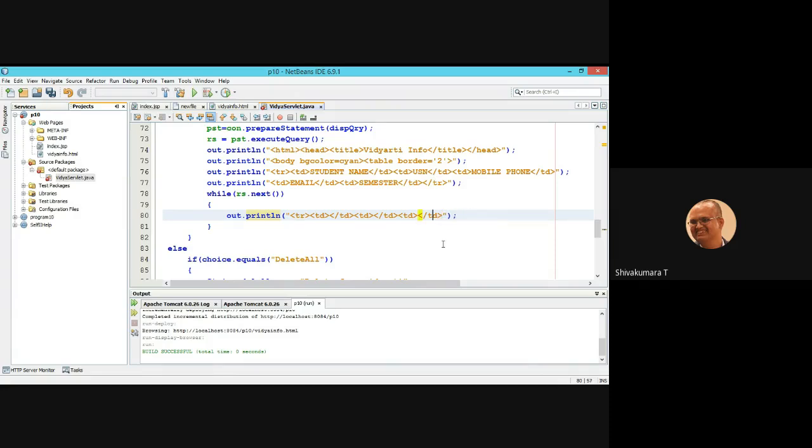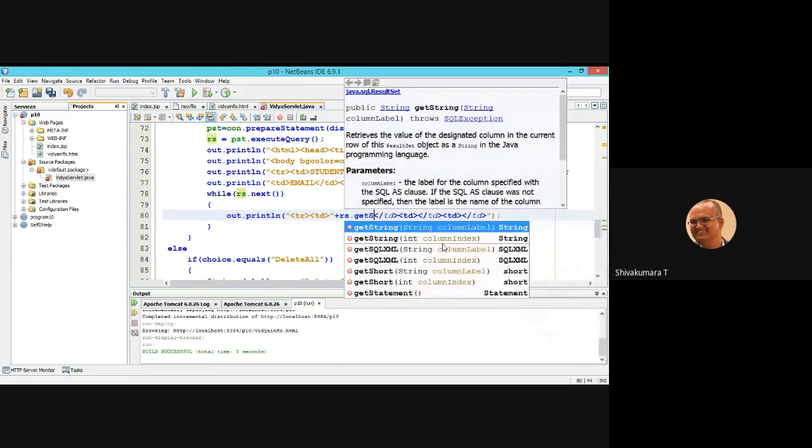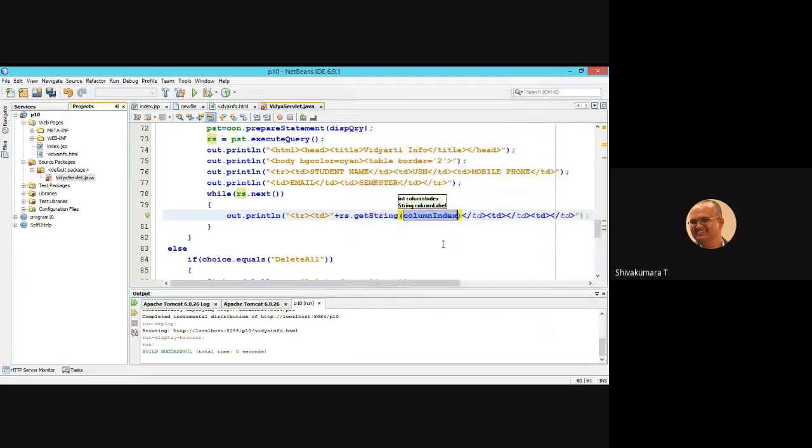So the first one is result set dot getString, column index 1. In the resultant table, the first index column is student name. You are fetching the first column value as getString 1.